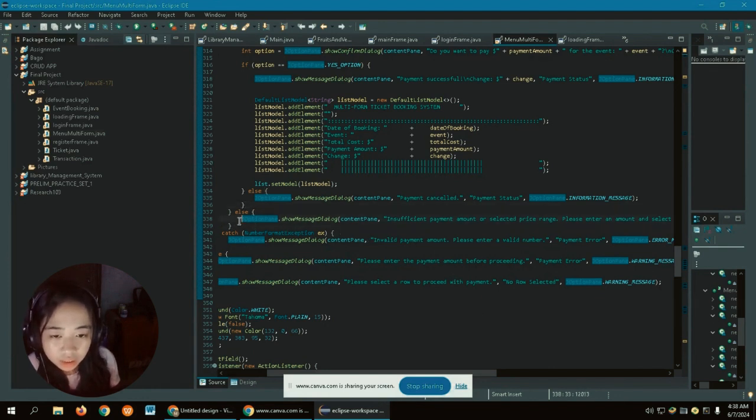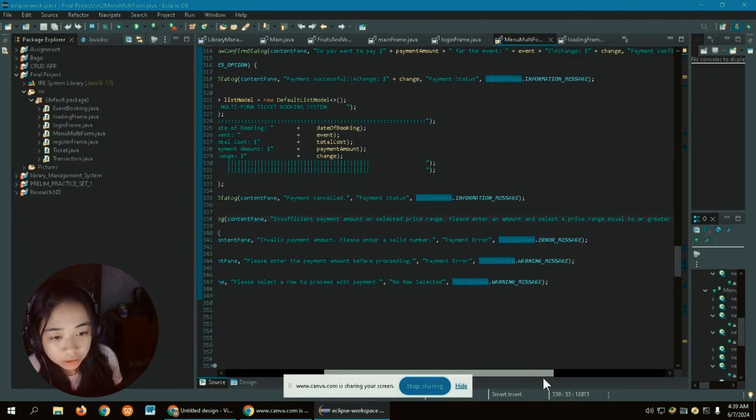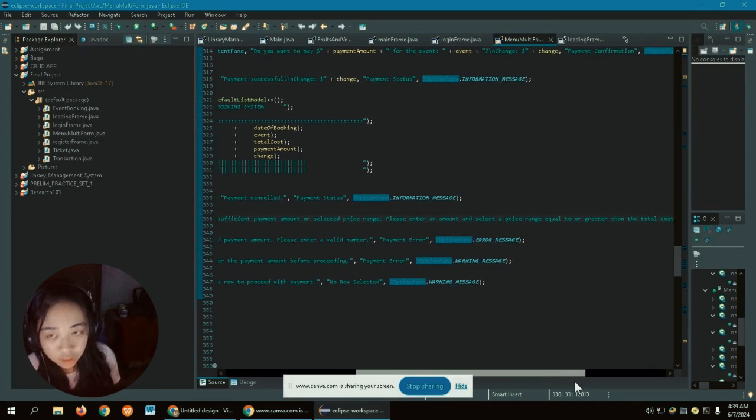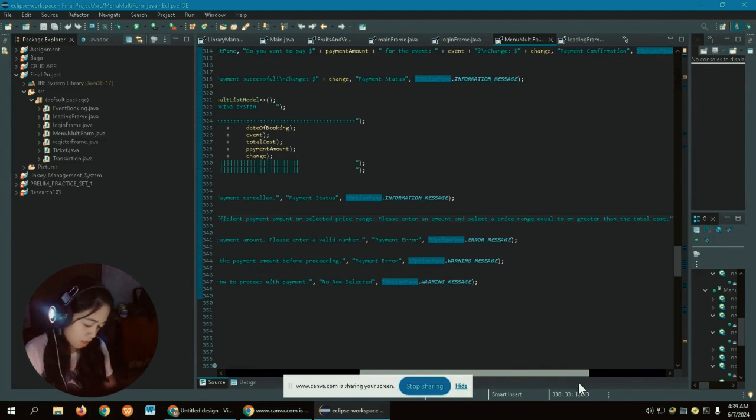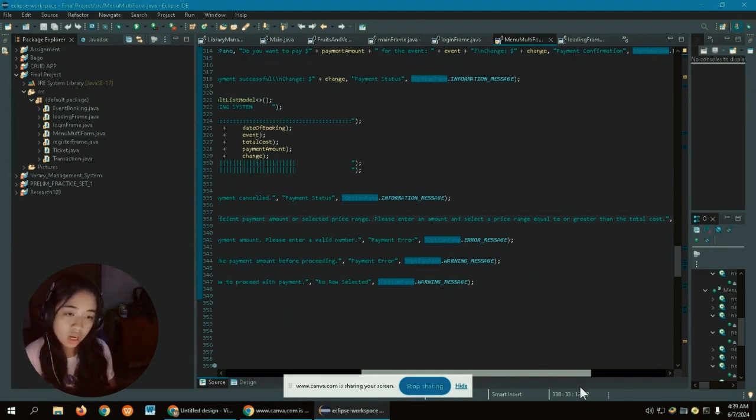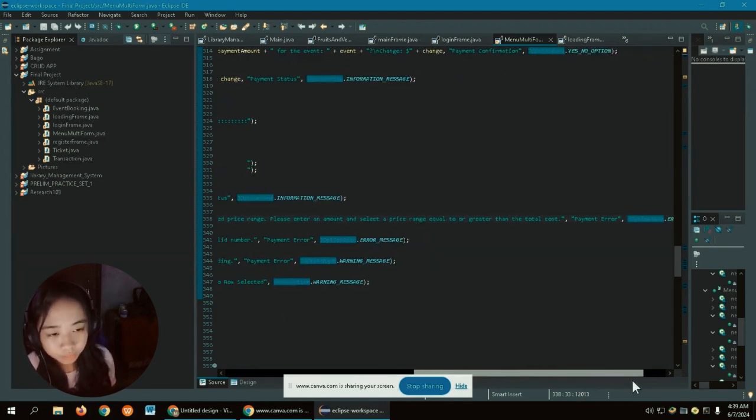And then here, if the user inputted price is lesser than what they should pay, it will say insufficient payment amount, asking the user to enter an amount or select a price range greater than or equal to the total cost.